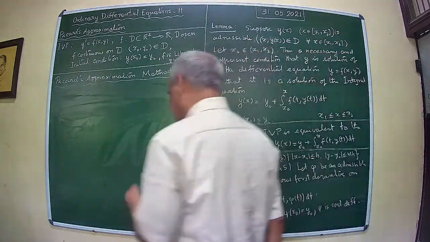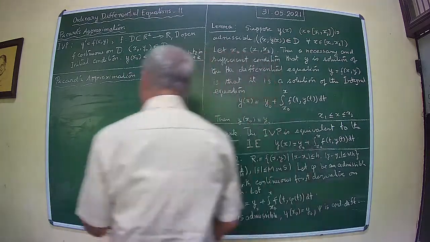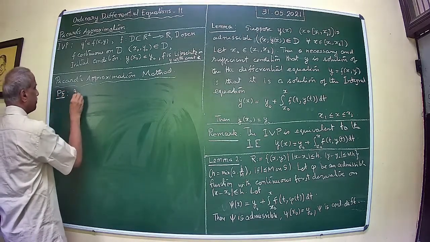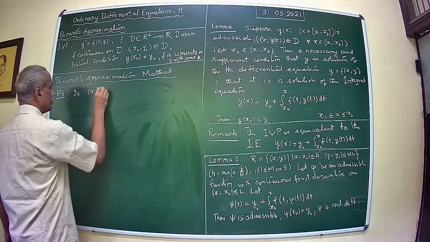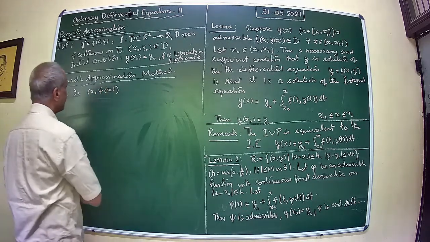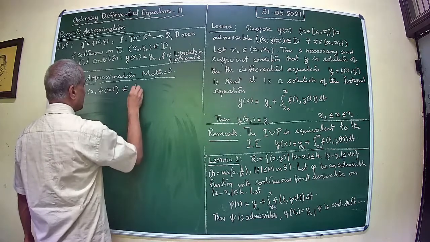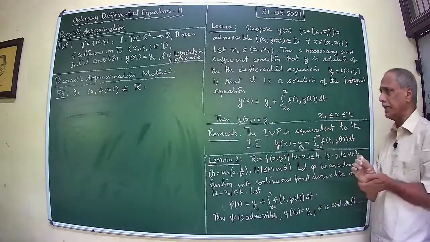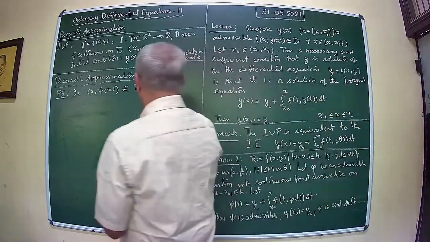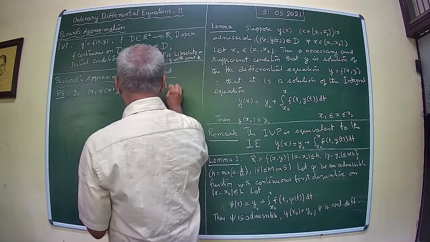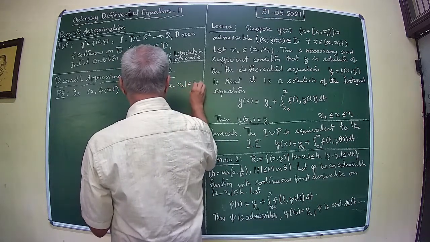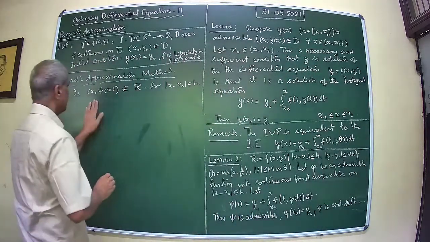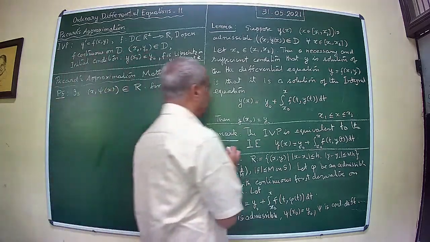Okay, let's prove this. So what do you need for this? So the question that you ask is this: if it is in R, it is in D. Now we prove that this is in R. For this, let us compute this. So what you have? This is what you have. So you have, see